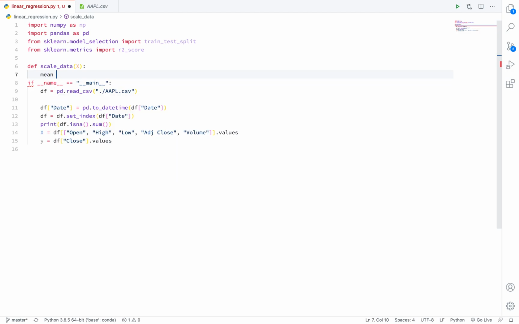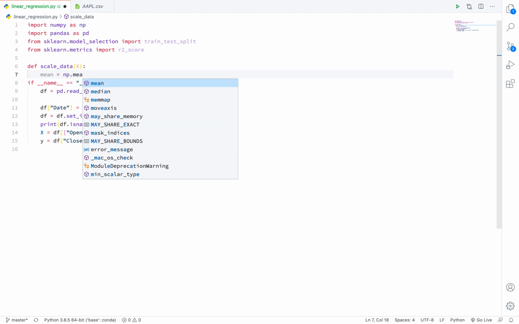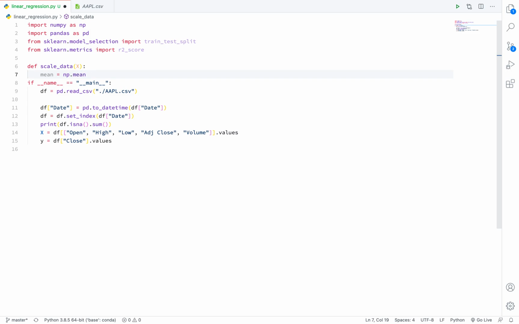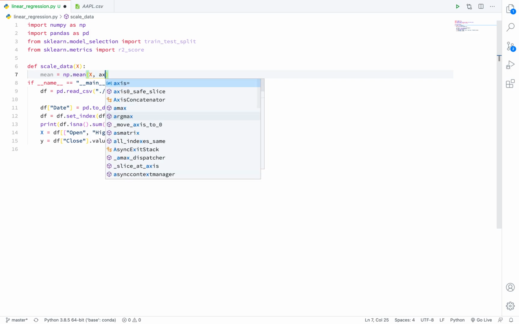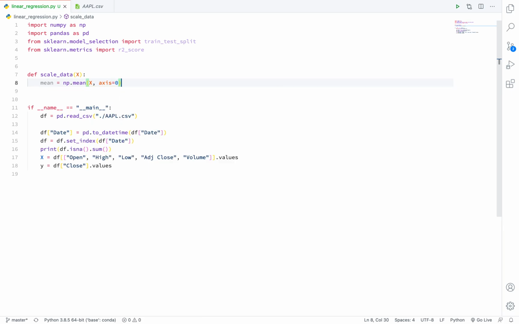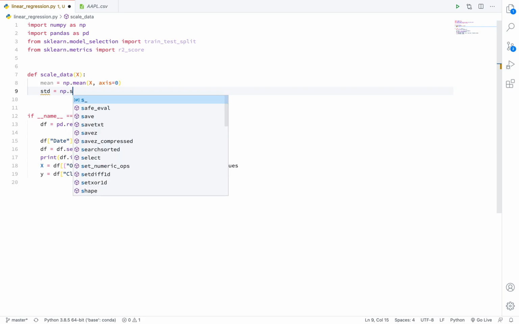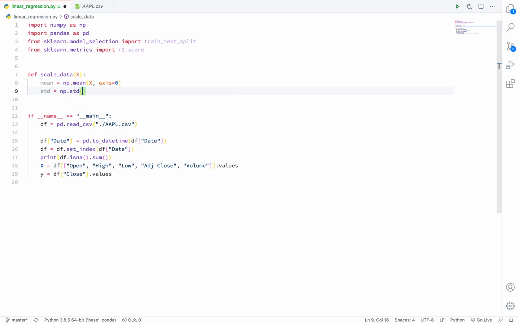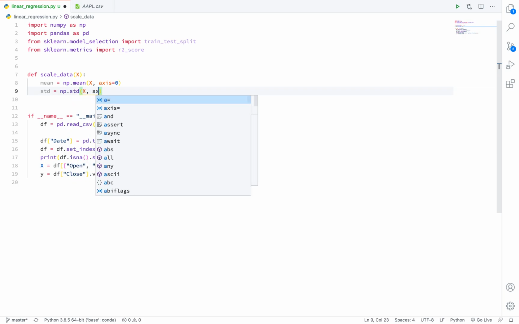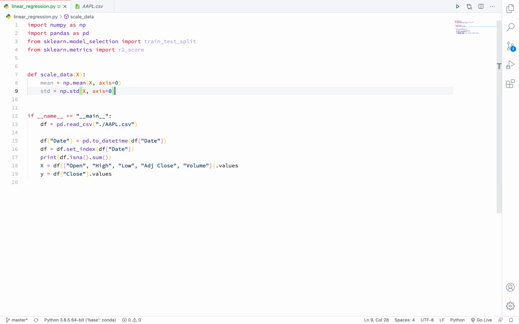So let's calculate the mean. np.mean of x with axis 0 will calculate the mean of each column. Same for standard deviation, np.std of x with axis 0.